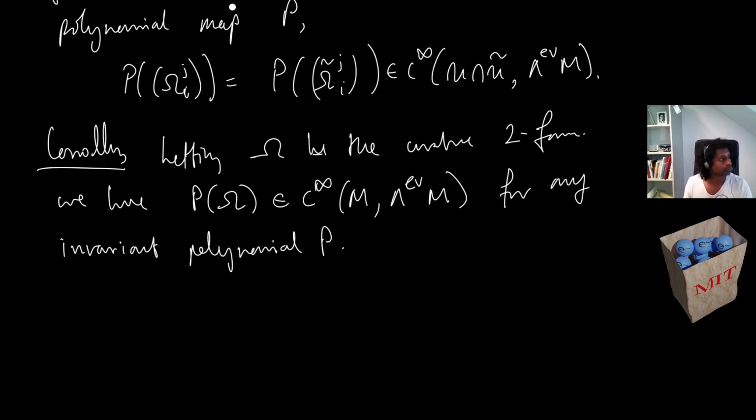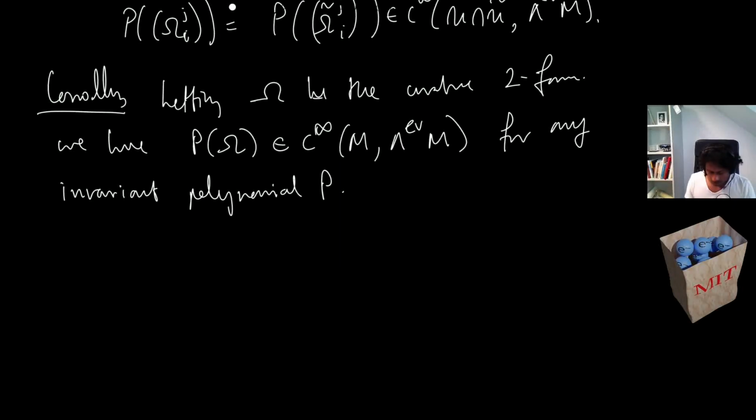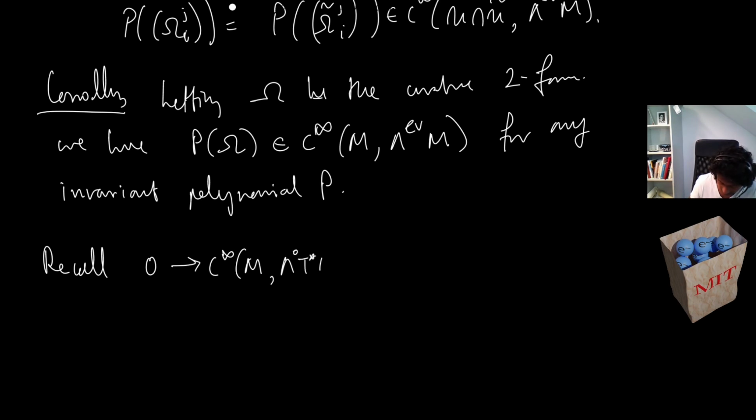Okay, so how much time do we have? We have 5 minutes, so maybe I can try and say something. The reason that we want to talk about these things is because we want to also understand certain classes that live in the homology. So let's just recall the following map. We have this so-called cochain complex. So this is just the zero forms, so this is just functions, and we have one forms,